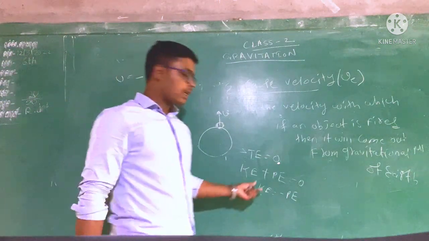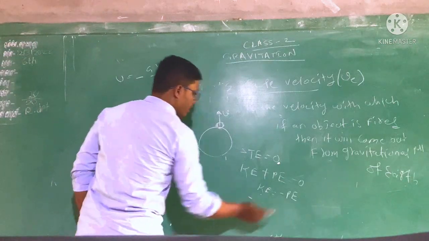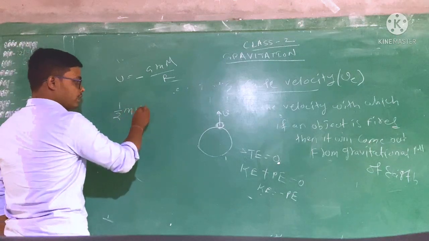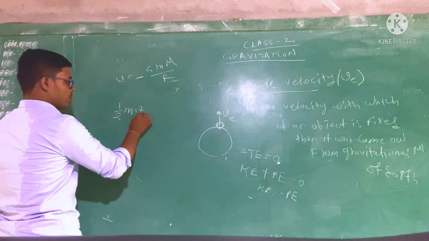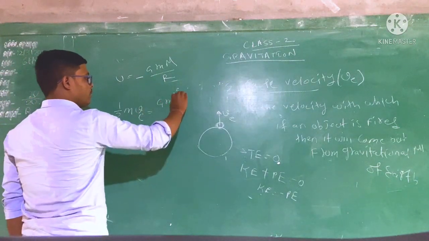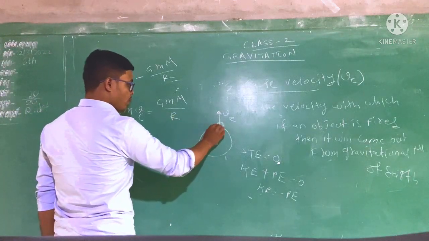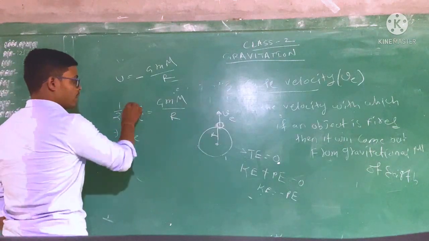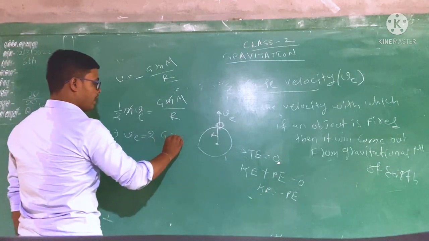So okay, kinetic energy plus potential energy will be zero. So hence kinetic energy is minus potential energy. So what is kinetic energy? Half mv square. So that is the velocity we have. This is the escape velocity. So what is the potential energy? That is G M into m divided by r. Since it is moving from the Earth's surface, the central distance is r. Therefore, VE equal to root of 2GM by r.